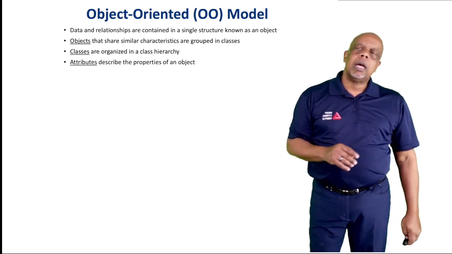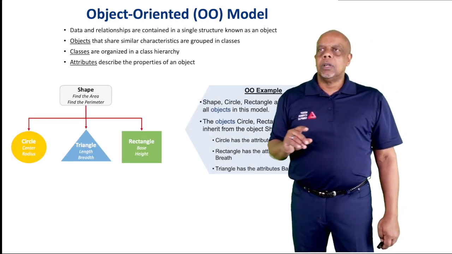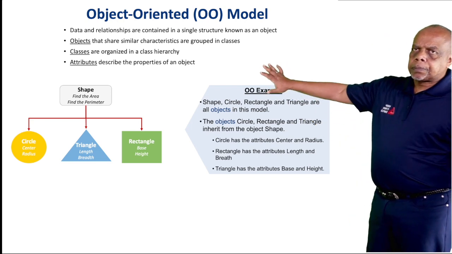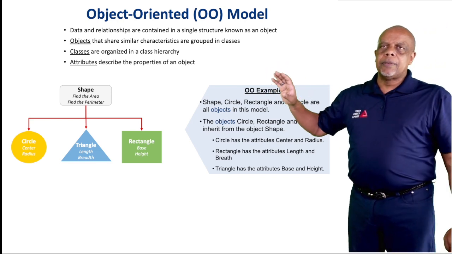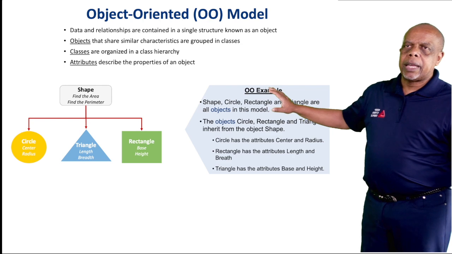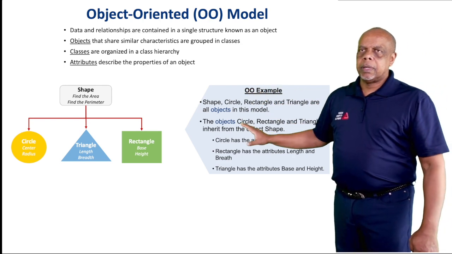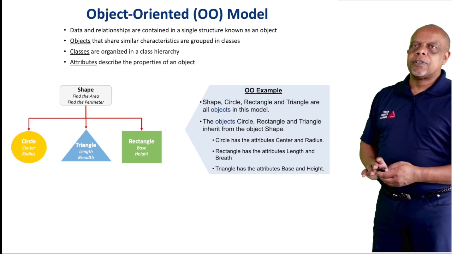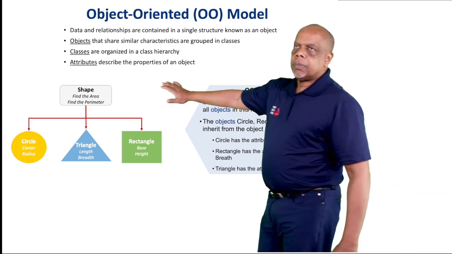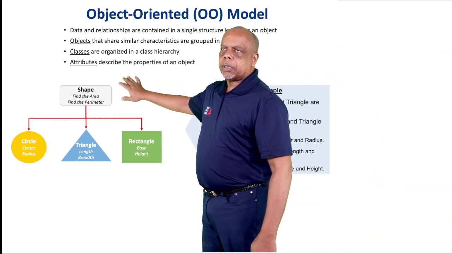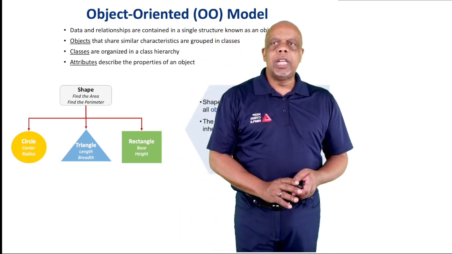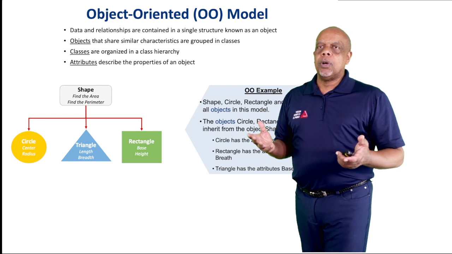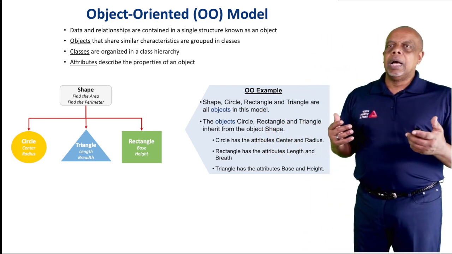Let me give you again a very simple example. If we have circles, rectangles, and triangles, they are objects in this model. The objects circle, rectangle, and triangle inherit from the object shape. So we have an object that's shape. Now within that shape, I want to be able to do what? I want to be able to find the area and the perimeter of each shape. Those are the attributes of